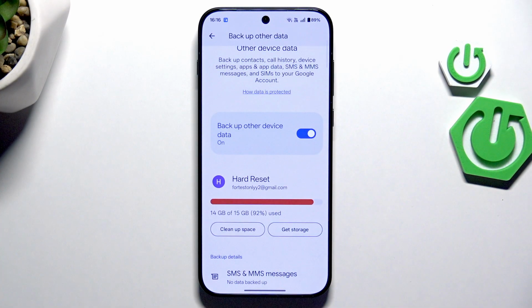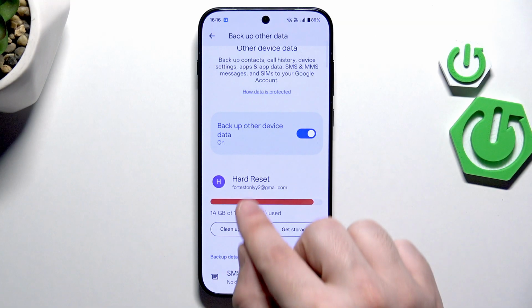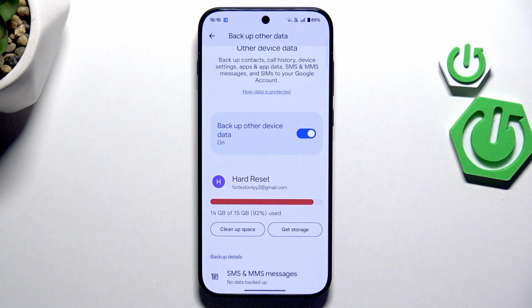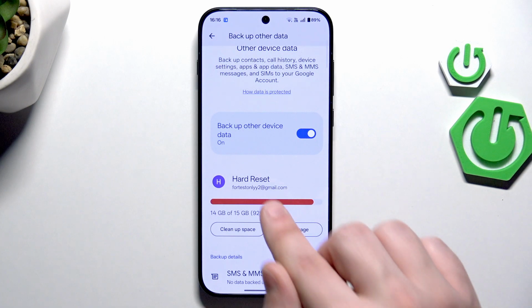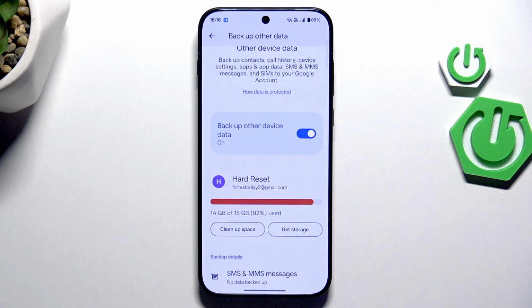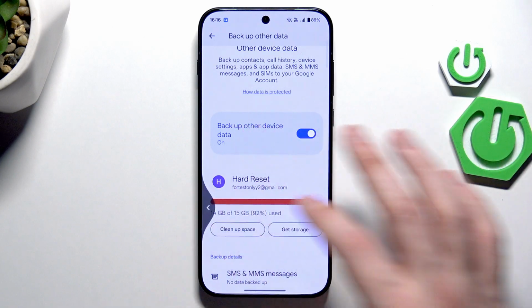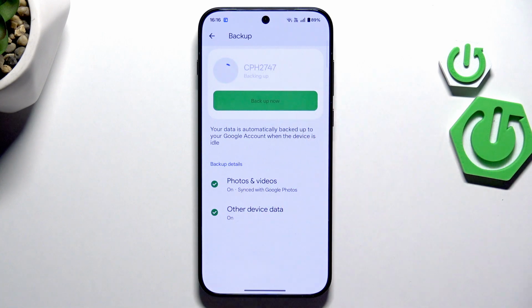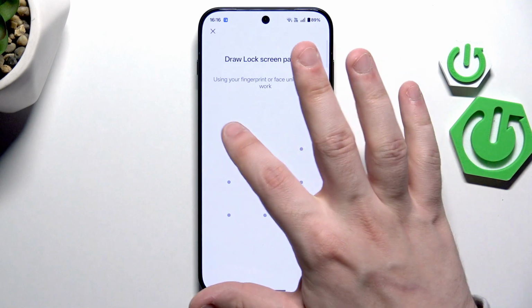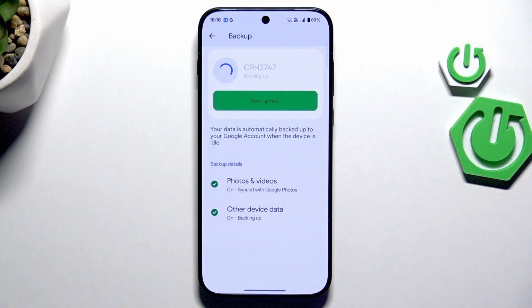Down below, we can see our Google account that we are currently logged into. And on that account, our backup will be saved and stored. So for example, if you want to restore our backup later in the future, you'll need to be logged into the same Google account that you can see on the screen, on your device, of course. Okay, now to create a backup, simply hit this green button. Now draw your lock screen pattern, if you have one,